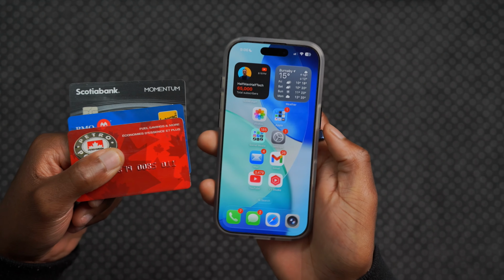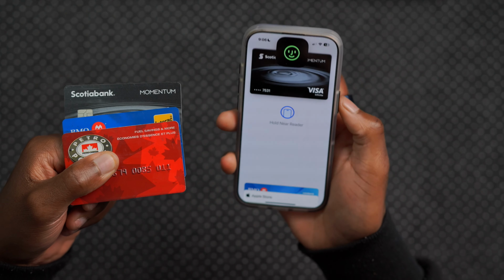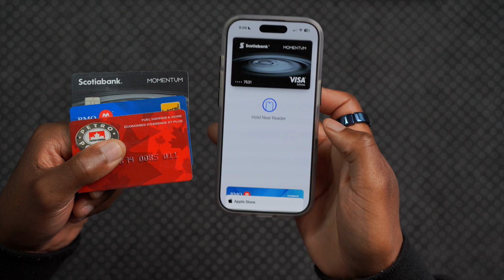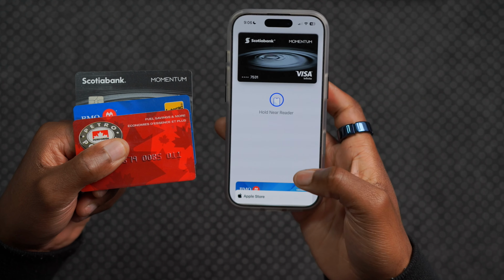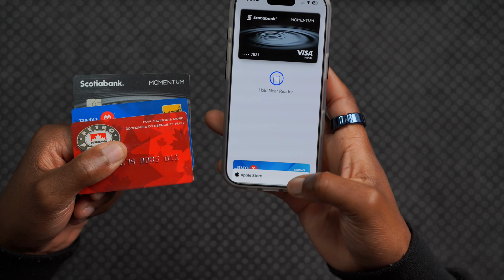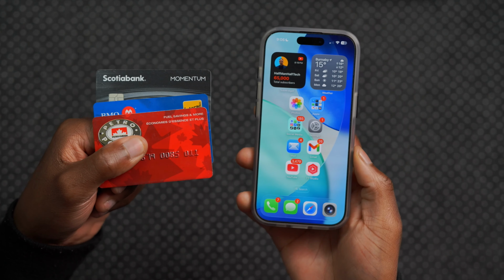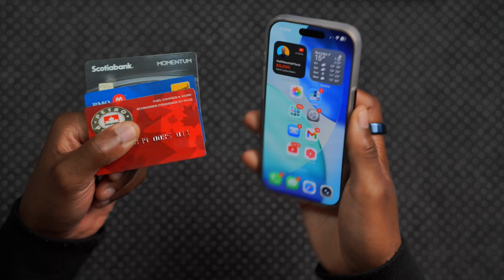And if I now press the side button 2 times just like this, you can see Face ID, and now this is the card that is authorized by default. So I don't have to do the extra steps of clicking other cards and trying to select the one that I need. This will help you save time,